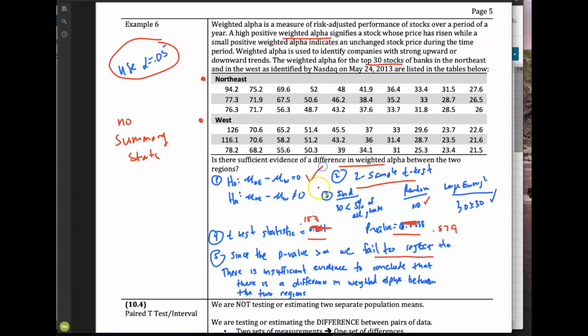So there is insufficient evidence to conclude that there is a difference in weighted alpha between the two regions. So we're saying that we think they're the same. We have evidence to suggest that they're the same, okay? And so when we reject that,